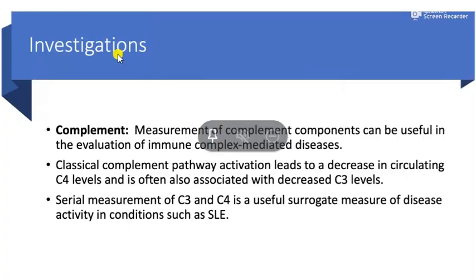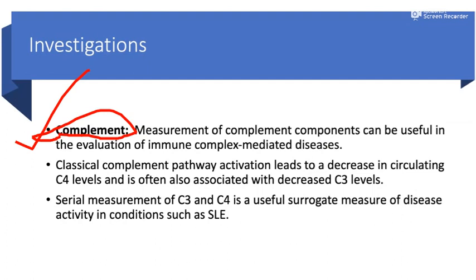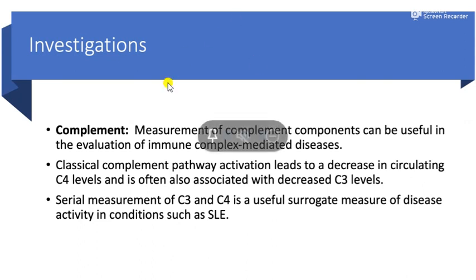The second investigation is by detecting the complement. Measurement of the complement components can be useful in the evaluation of immune complex mediated diseases, which we said type 3. The classical complement pathway activation leads to decrease in the circulating C4 levels, and this is often also associated with decreased C3 levels. And serial measurements of these is useful as a surrogate measure of the disease activity in conditions such as SLE. يعني احنا